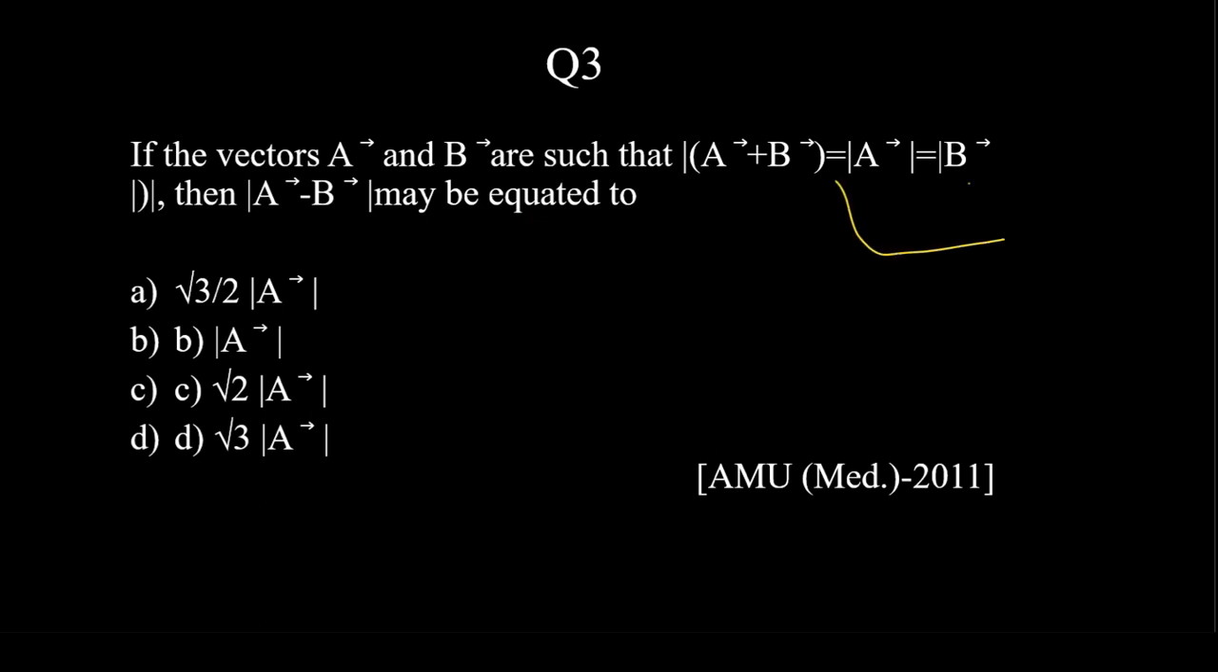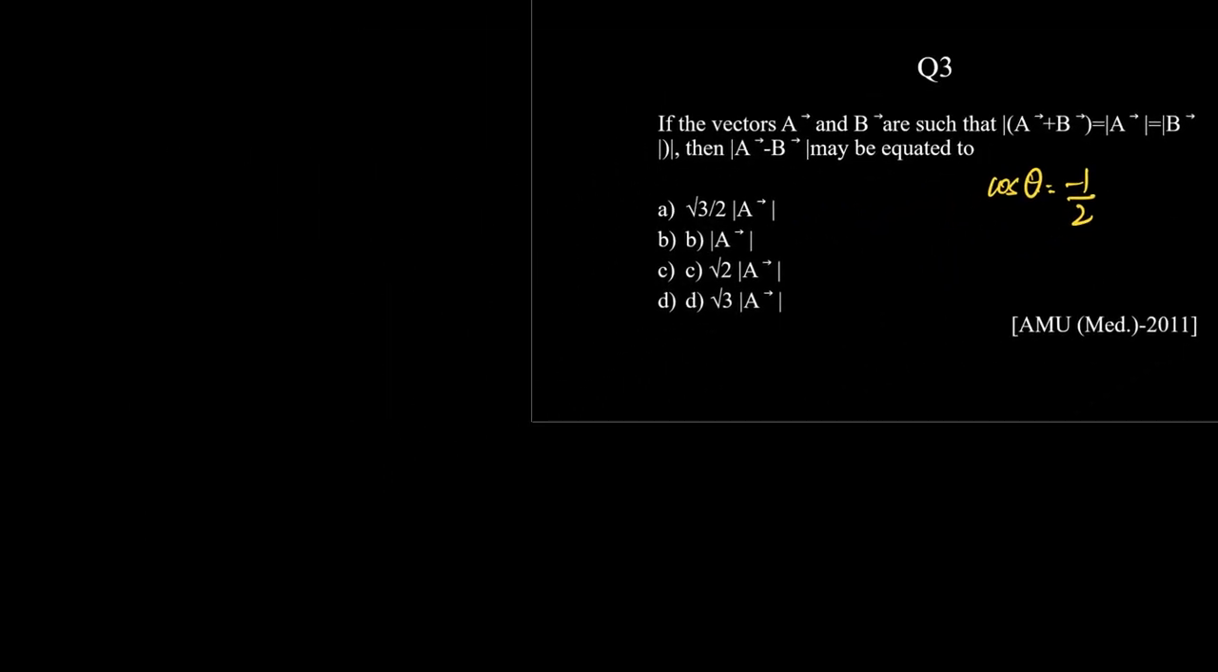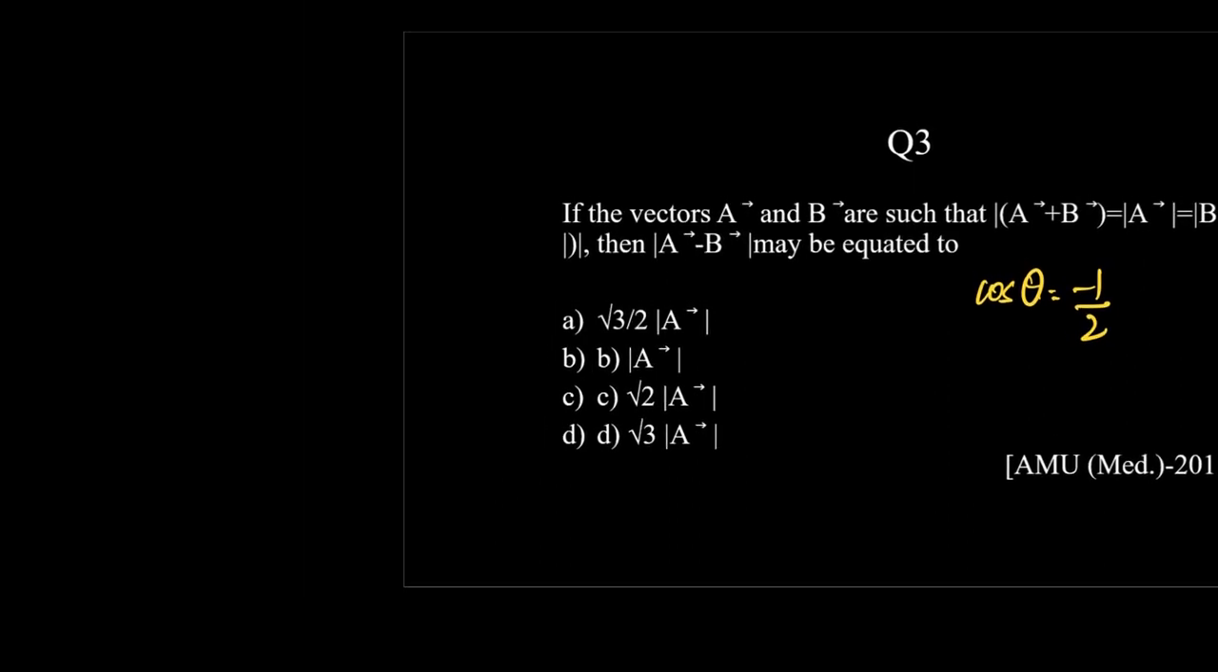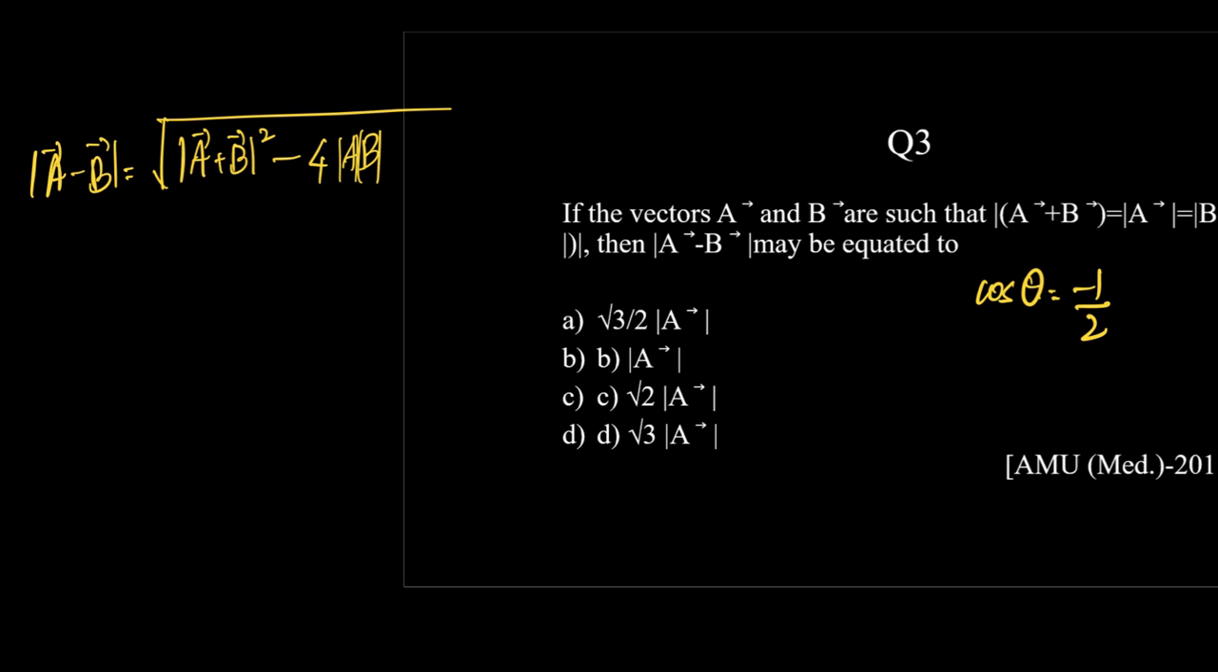So we know that if this is the given condition, then what is the value of cos theta? Cos theta is minus 1 by 2. And if cos theta is minus 1 by 2, how can we write modulus of vector a minus vector b? This will be equal to root of modulus of vector a plus vector b the whole square minus 4 mod a mod b cos theta, which is